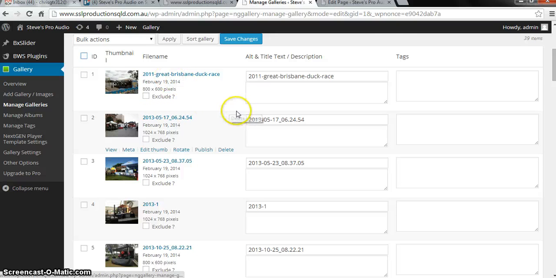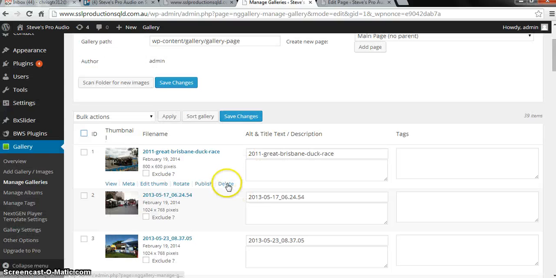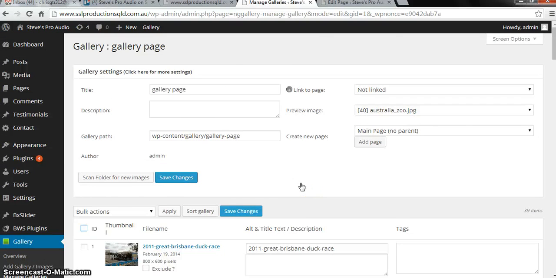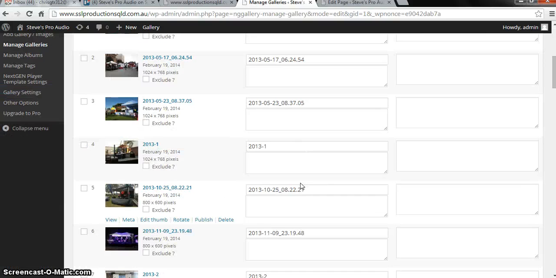Just click the delete button, and it will automatically remove it from the gallery or slider images. For this tutorial, I will not do anything here. I will just explain to you how this works.